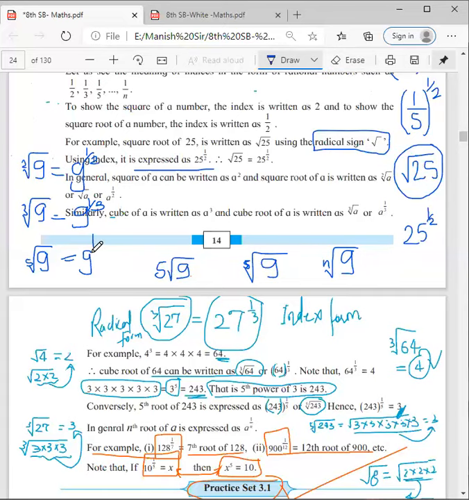And this can be written as, just try to understand, this is not in the radical form, because we have written 5 outside. So 5 root 9, how can I read it? Read this one as 5 multiplied by square root of 9. So this I can read in this way. But if we talk about this one, this is 9 raised to 1 upon 5. If we talk about this one, so I can write 9 raised to 1 upon n.